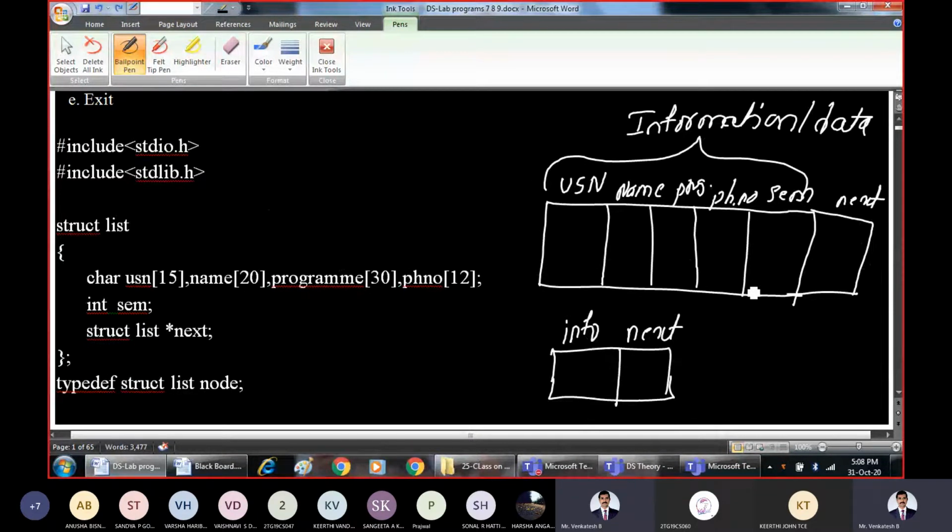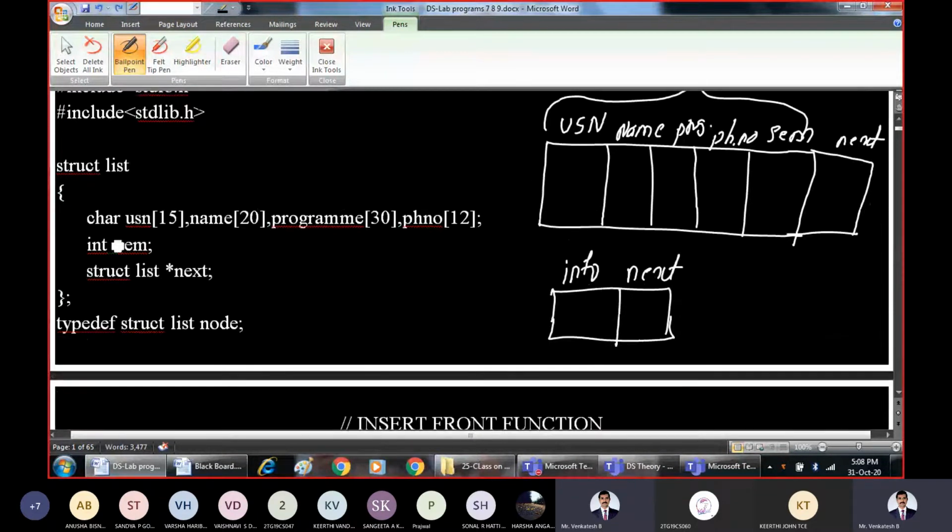Now for this structure, we are giving a type definition, that is struct list. We are giving it one name. Simply, we are making use of a name called next. The struct list star is not a type definition. It is a self-referential structure. If you remember what we have studied, a self-referential structure contains one field which points to itself. Along with this, there is one pointer, that is the star pointer.